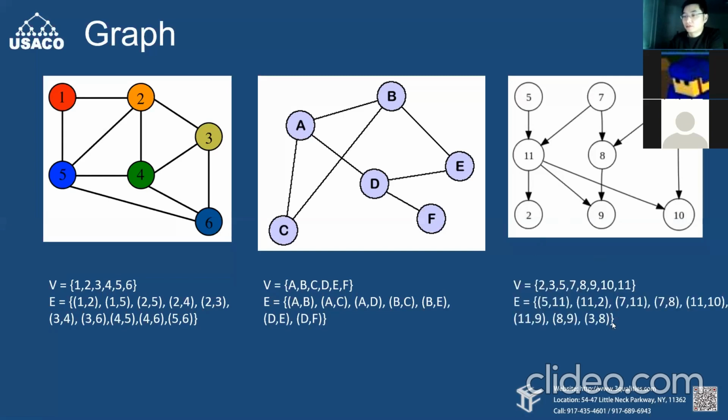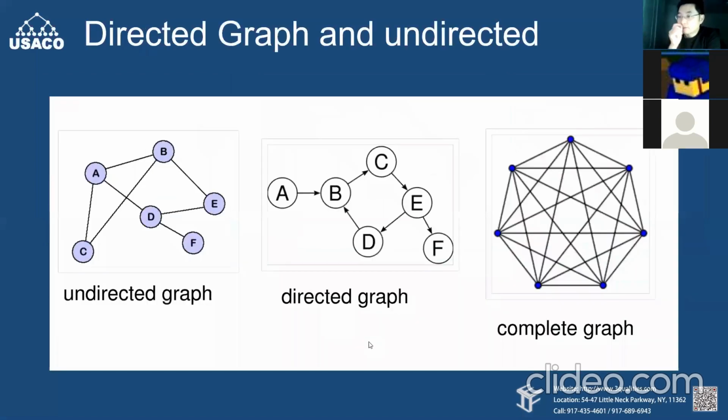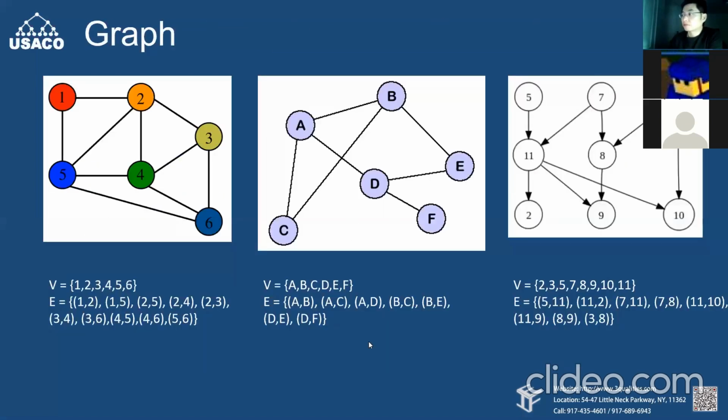8 edges. Okay, so you have to understand when we talk about a graph, you need vertices, right? How many points or how many nodes do we have in this graph? Second, we need edges. We need to know which 2 nodes are connected. With that information, you can decide how the graph looks. Okay, so now next one, you may notice when we were talking about the previous one, hey, the